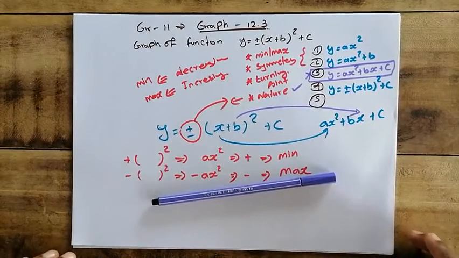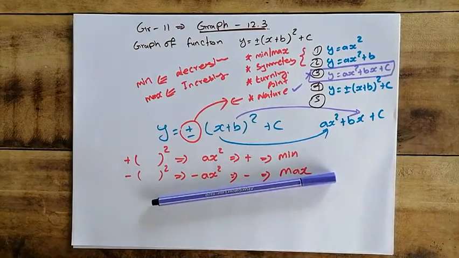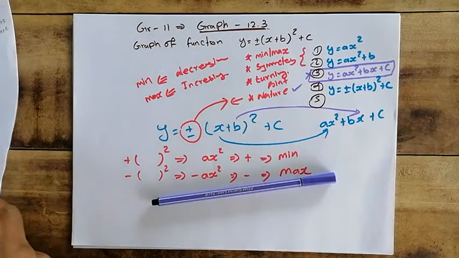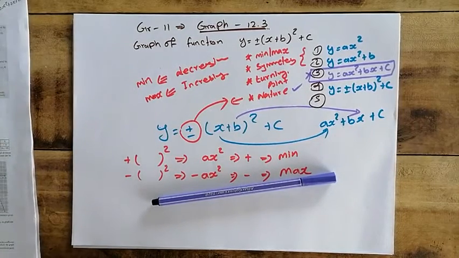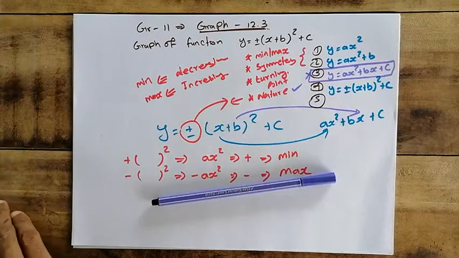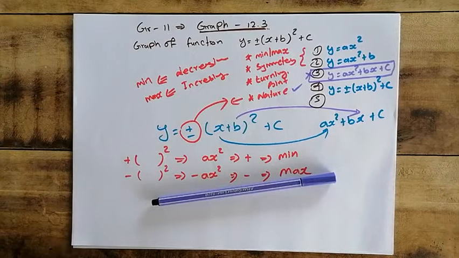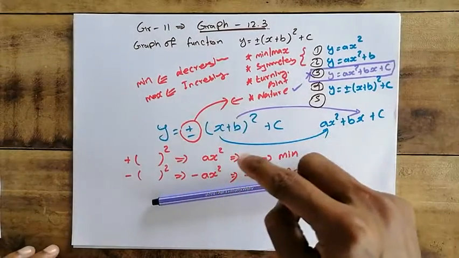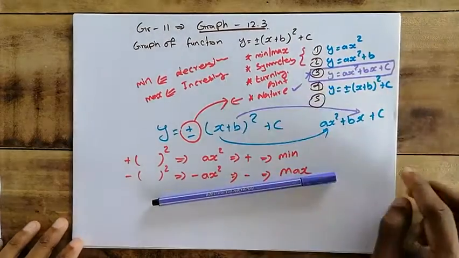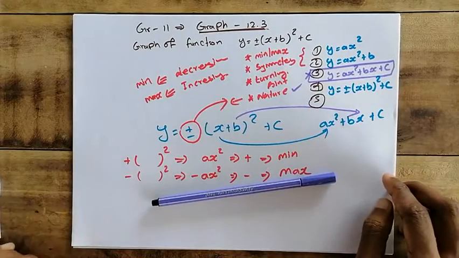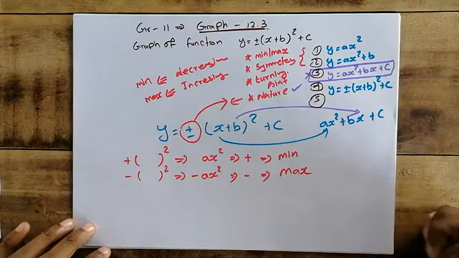Okay, so I think we have already drawn all the four graphs of 12.3, and we are going to use all the graphs. Before that, we'll take the first example graph in your textbook on page number 46. Then we'll discuss this equation format and how we can say these 4 points without drawing the graph. Then we can get the idea of this equation format.